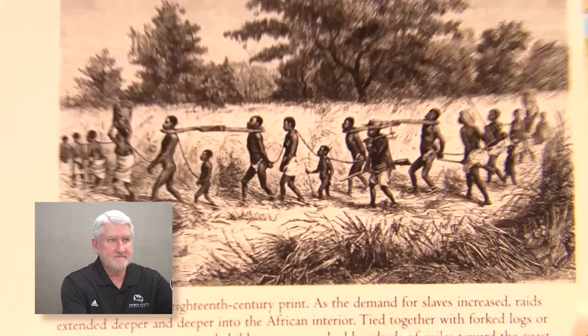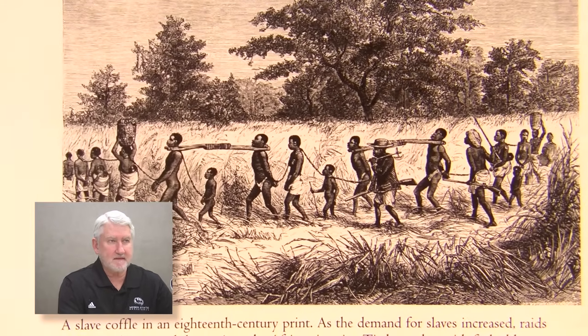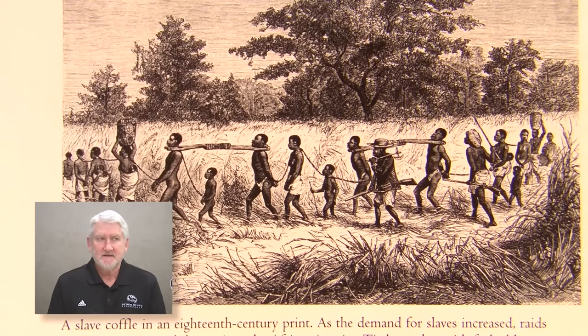Here you have an illustration of a bunch of Africans having been taken by slave raiders, being marched down to the sea to be put in ships to be sent to America to be slaves. Now take a look at this picture. You don't see any Europeans in it. In fact, see the guy with the gun over here on the right side of the picture? Another African. The Europeans weren't going into Africa to take the slaves. They were buying these Africans from other Africans.